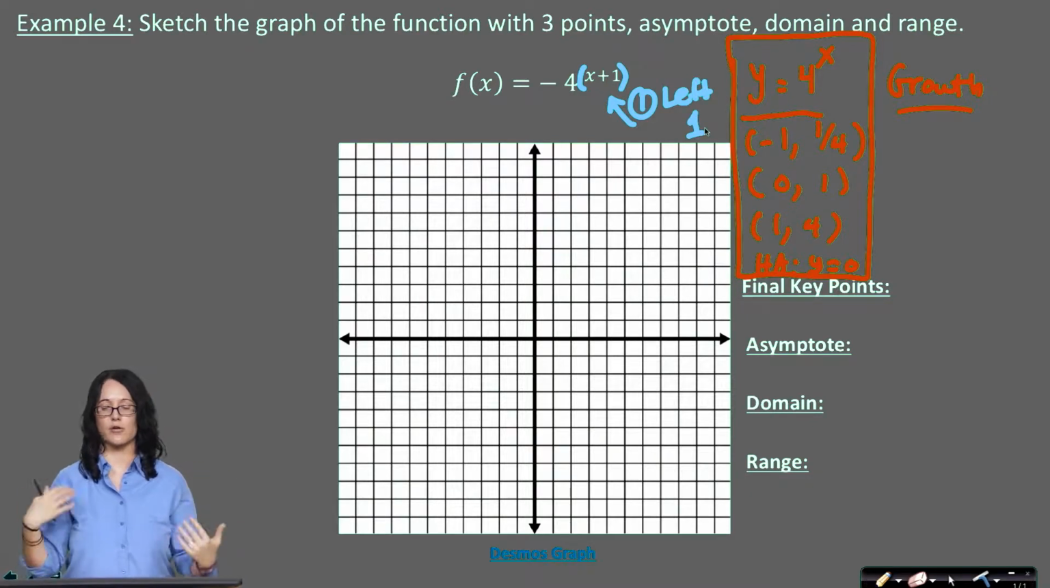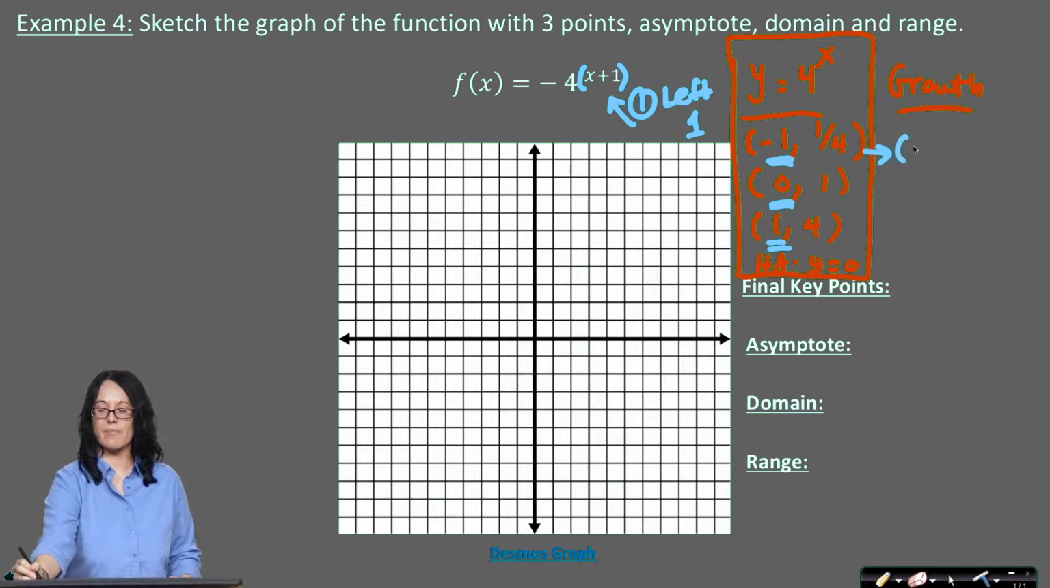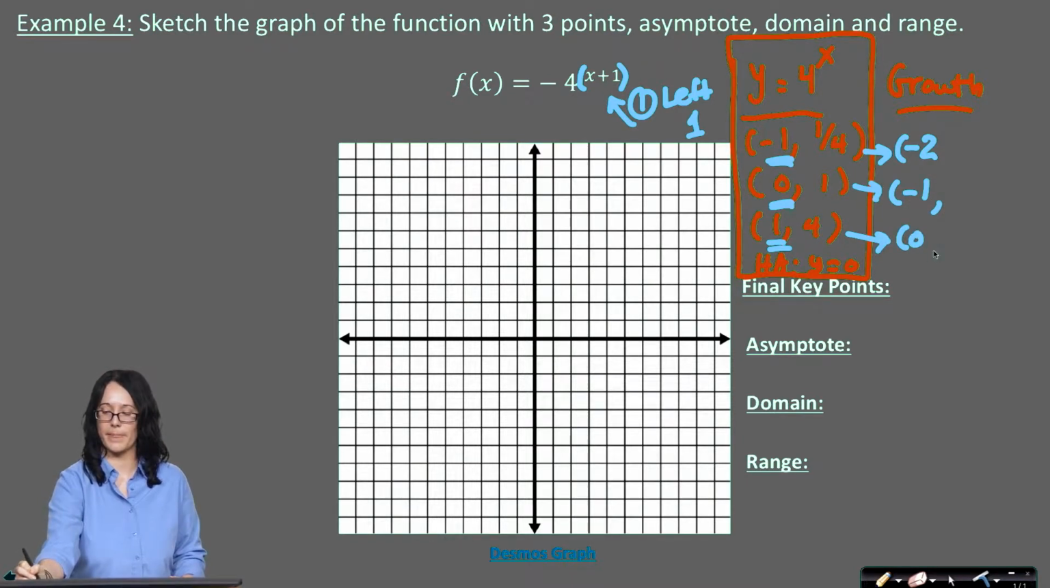So you might need to go back to your old videos and look at transformations of basic functions. If I'm moving left one, that affects my x values, doesn't it? So change those x values. Instead of -1, I'm at -2. Instead of 0, I'm at -1. Instead of 1, I'm at 1 minus 1. That's 0. Now, you could separate these out and say that is at the output 1/4, 1 and 4, and